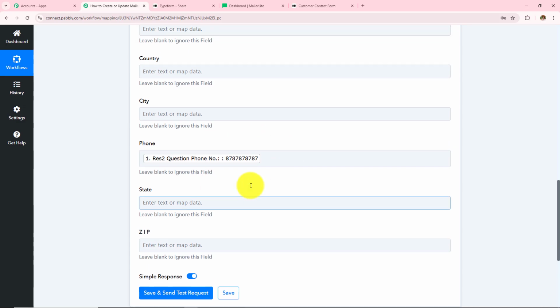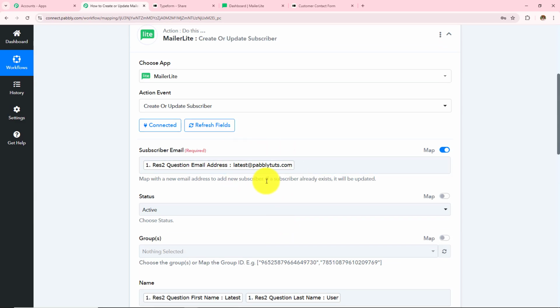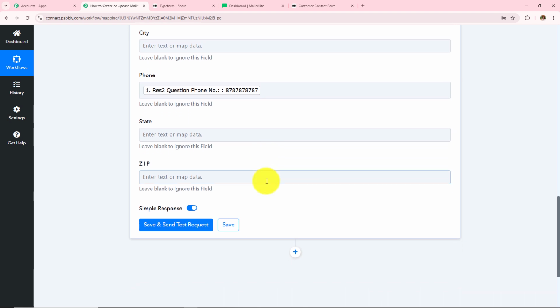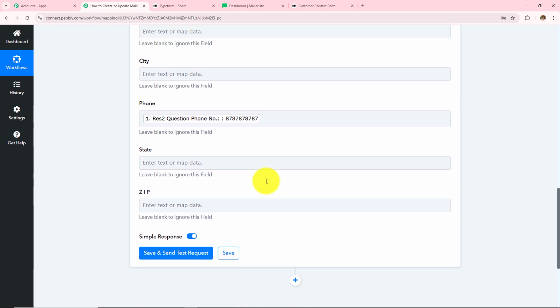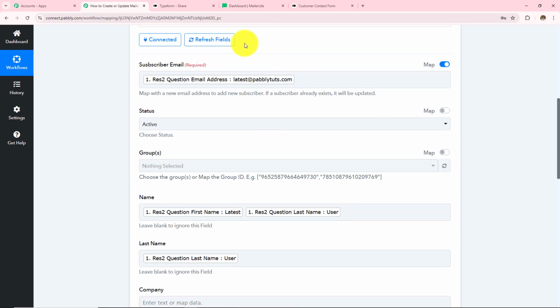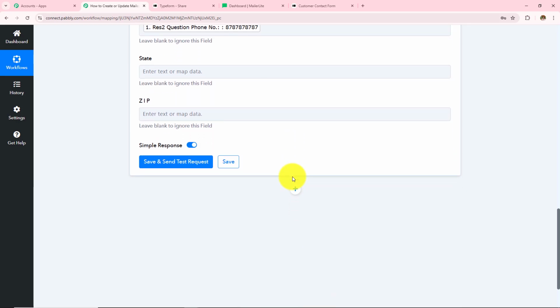And over here, mapping is important so that every time you receive a new response, it is taken into consideration in these fields. Manually entering the data will make these fields static, and the information will not change even if you have received a new response. Over here, if I manually enter any detail, this field will become static, and every time I receive a new response, the result will not change. So as to keep these fields dynamic, we use this process, mapping, instead of manually entering the details.